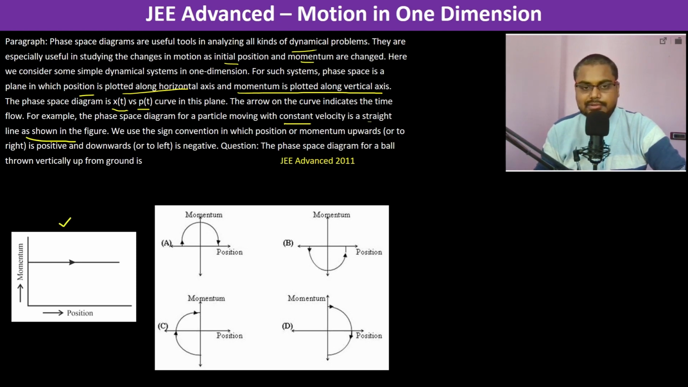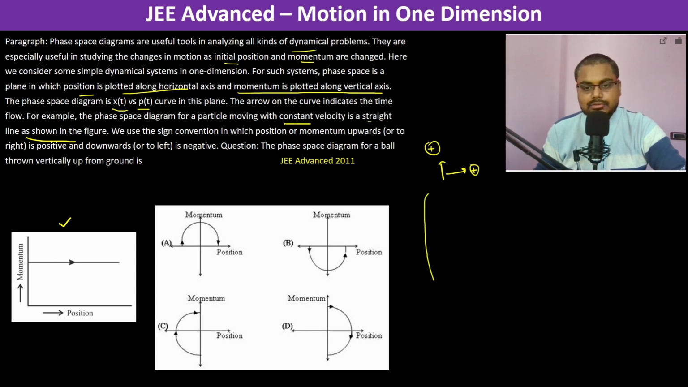We use the sign convention in which position and momentum upwards and to the right are positive, and downwards is negative. Now, the phase space diagram for a ball thrown vertically up from the ground. So when the ball goes up,